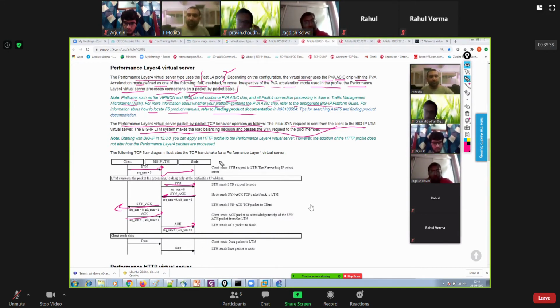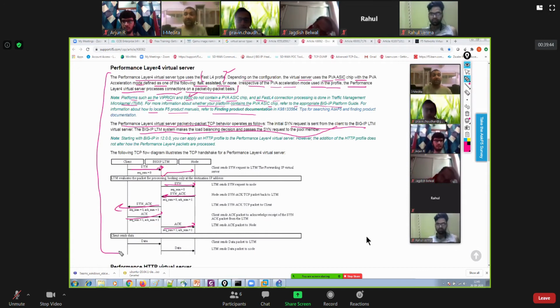No, sir. Great. So that's why, with the fast L4 profile, we cannot attach a server profile to it. The client profile is sufficient to be attached to this virtual server. That's why we never had any server type of profile when it comes to the protocol profile. However, if you go for the standard type of virtual server, you can have separate client protocol profile and server protocol profile, isn't it? But in this type of virtual server, it is not possible.